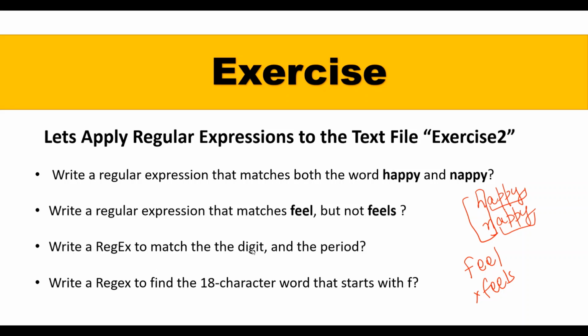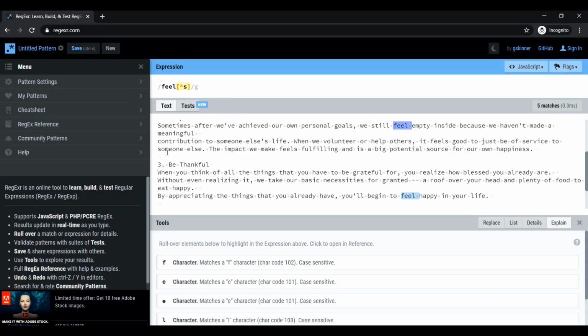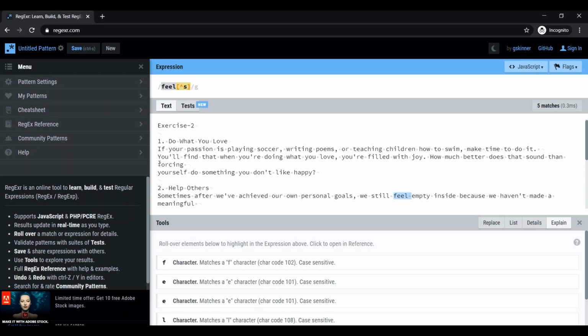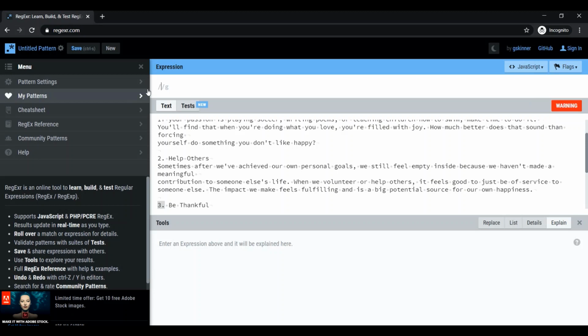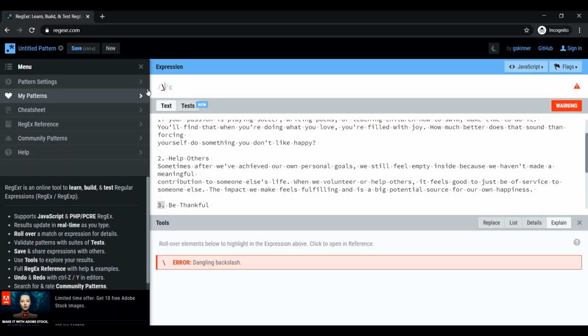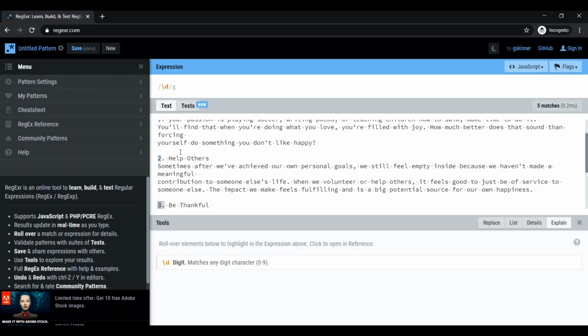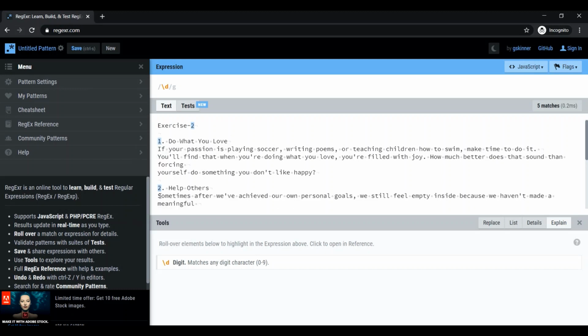Write a regex to match the digit and the period. Period refers to dot over here. So first I need a number here. So what I'll do, I'll write \d so that it can track all the numbers, then a dot.